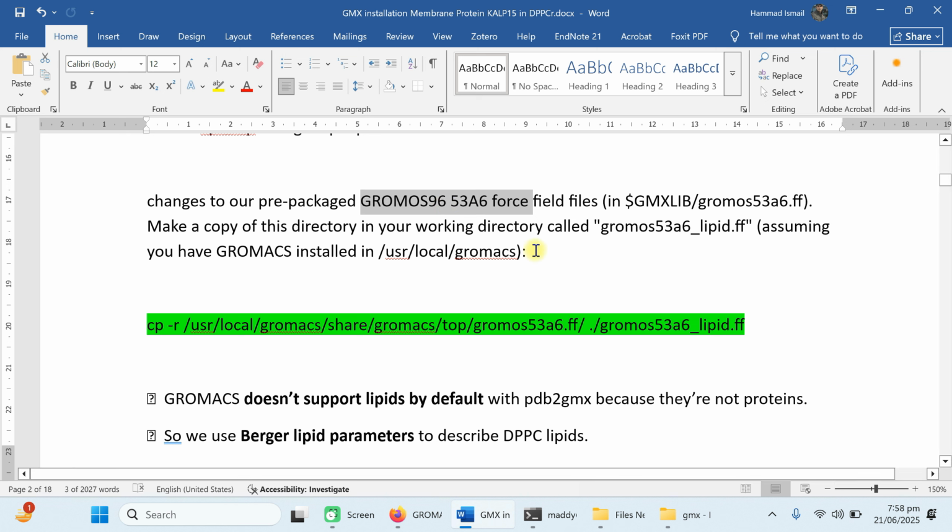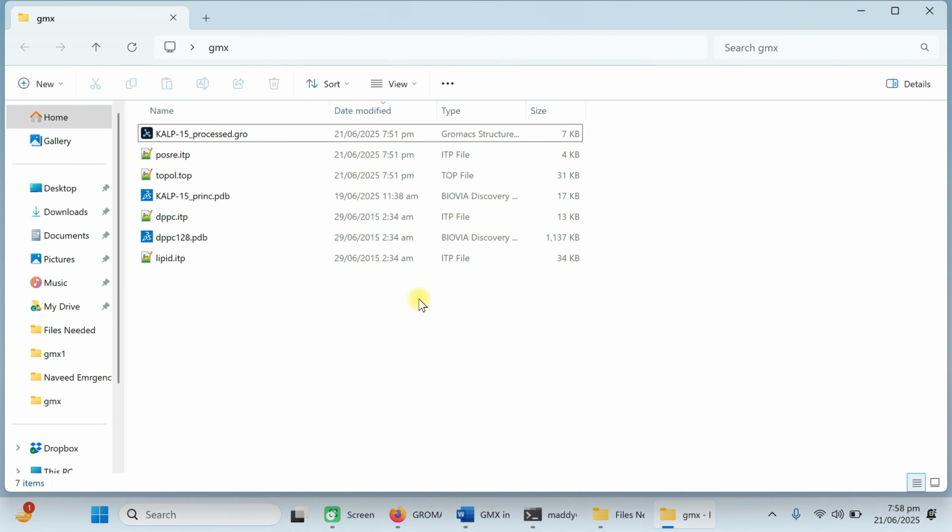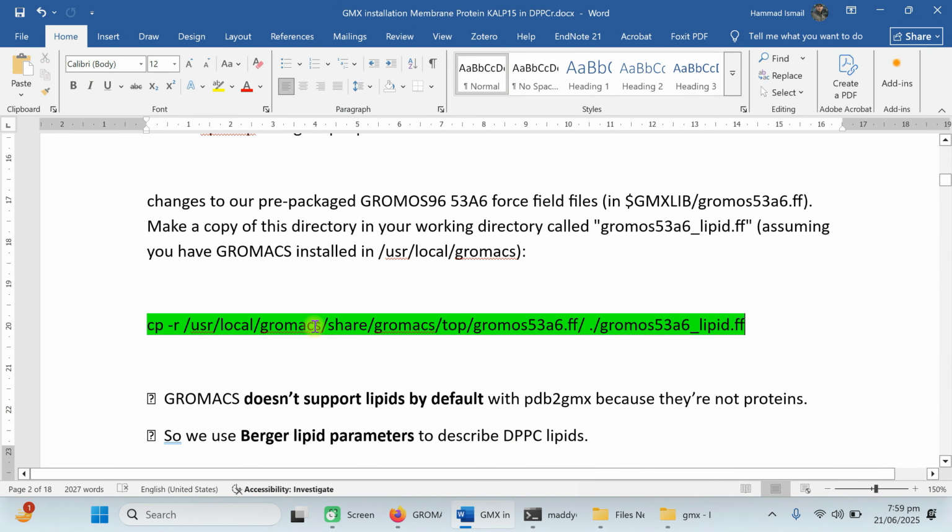So to solve this problem, we generate a copy of the force field. This command will generate the copy of the force field. If you look into this folder, you cannot find any force field folder. Now we copy this command. What does this command do? CP is for copy, and this is our path, and this is our folder, and we are going to generate a new force field. FF means force field. This is the original force field, and we are going to create a copy for the lipid force field. Simply copy this command,